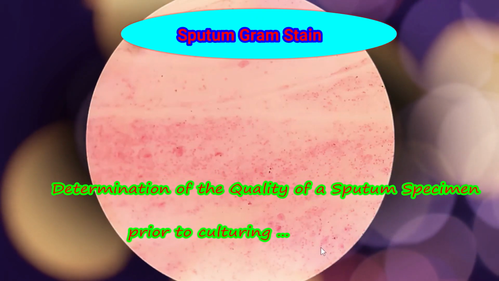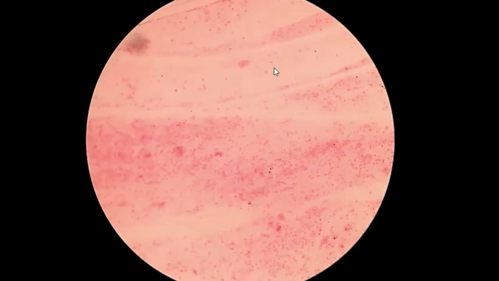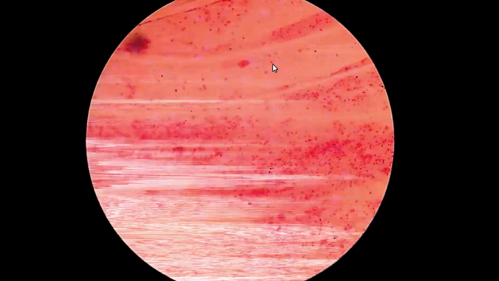Hi, today we are concerned with how to determine the quality of a sputum specimen. Prior to culturing a sputum specimen, a Gram stain should be performed to evaluate the quality of the specimen. One of the most common criteria currently used is to determine if the specimen is contaminated with oral flora organisms, which would make the specimen